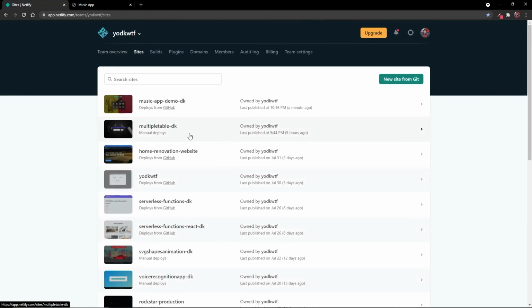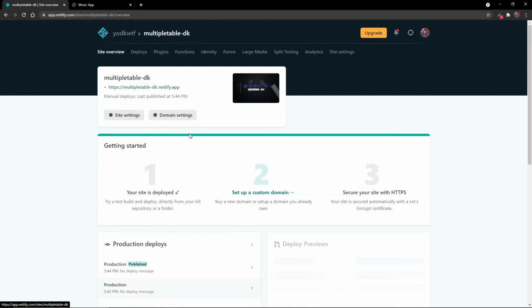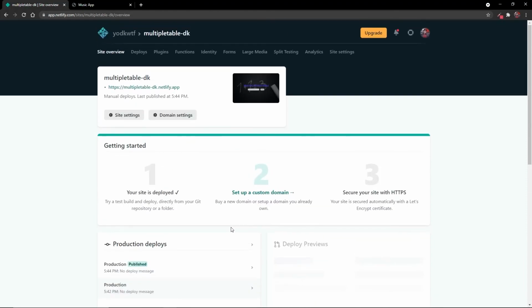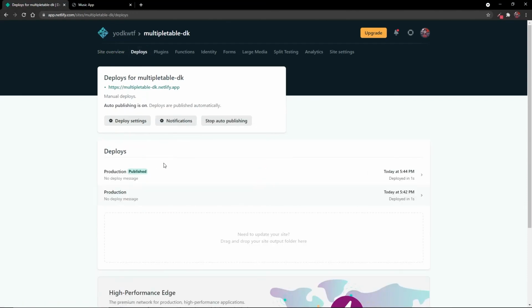And if you are working on a small project, the first option is very good. You can just deploy by dragging your folder to Netlify. It only takes around 10 to 15 seconds, which is really fast. And if by chance you are working on a bigger project, you can use continuous deployment with Git, and it works really fine. So that's all I have in this video for you.